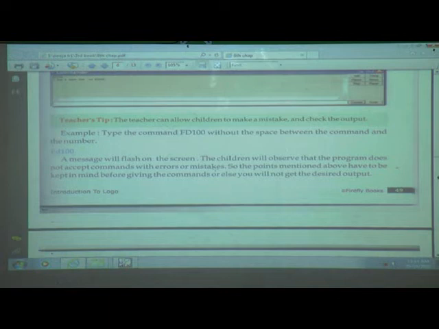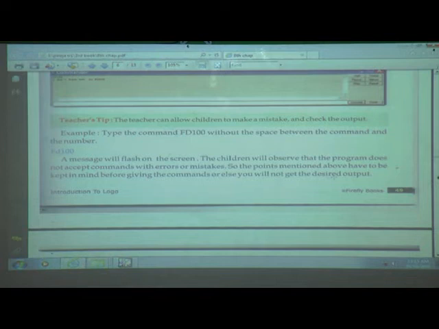If we do not give a space, or do not press the enter key, can we get the output? No, we cannot get the output. So the points mentioned above have to be kept in mind before giving the commands, or else you will not get the desired output.